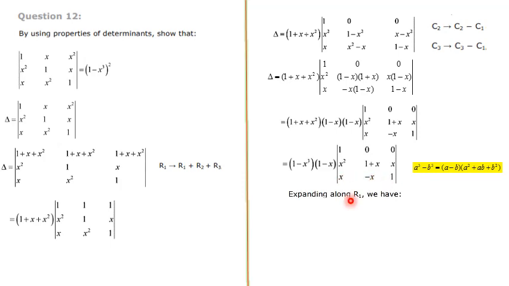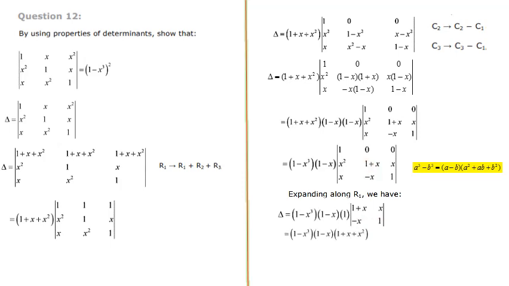Then go for expanding along R1, row number 1. When you expand it, delta is equal to, outside terms are same, 1 minus x cube into 1 minus x. Then the first element we have to take, the sign is positive because 1 1. First row, first element 1 1, 1 plus 1 is 2, 2 is even, that's why the sign is positive. So 1 into, that row and column is eliminated, balance is 1 plus x, x minus x 1,